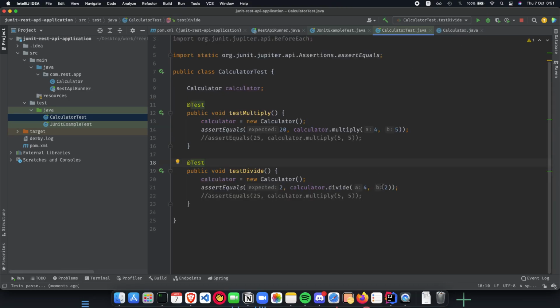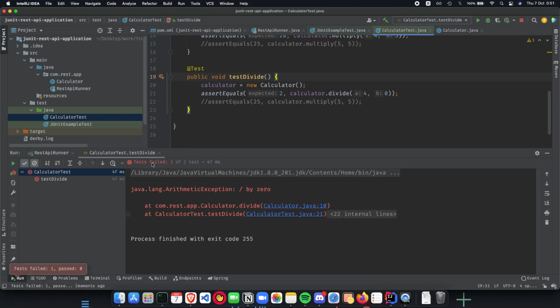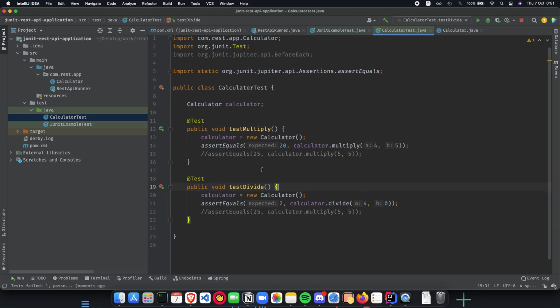But what happens when you divide by 0? Because that is an edge case that we need to understand and we need to handle. So let's just see what happens here. So if somebody's application is using a calculator and he divides by 0, we need to tell him something. We need to give him something. So here we see test failed and arithmetic divided by 0. Now we can write test cases where we handle this, but we will look into that in the upcoming videos